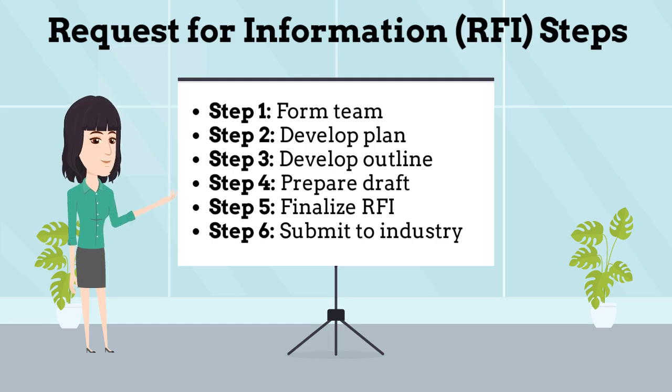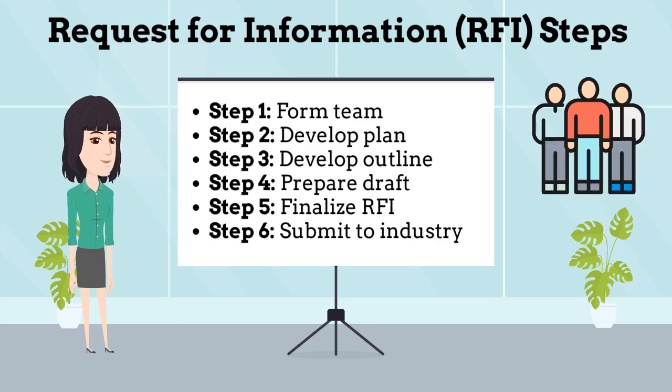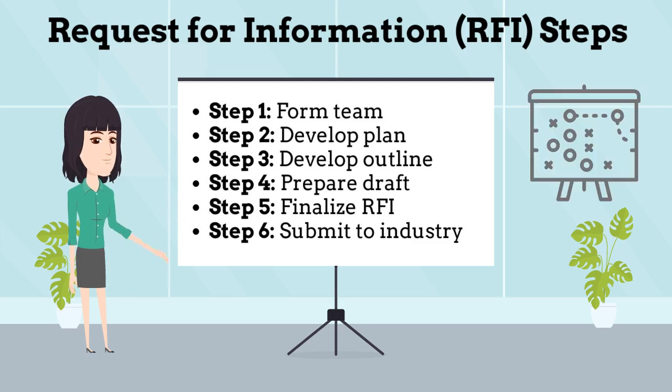What are the steps to writing a request for information? The process of writing an RFI follows the same steps as writing any key document, to include a request for proposal. Step 1. Form the team. The most important step is gathering the most knowledgeable and effective team members to write the RFI. The key players include the program manager, program contracting officer, and the RFI manager, who is responsible for executing the development process.